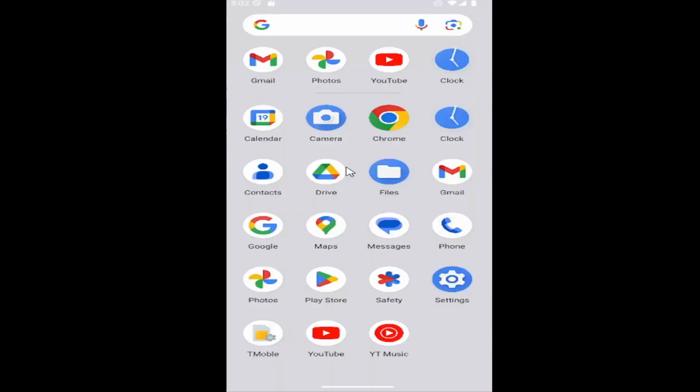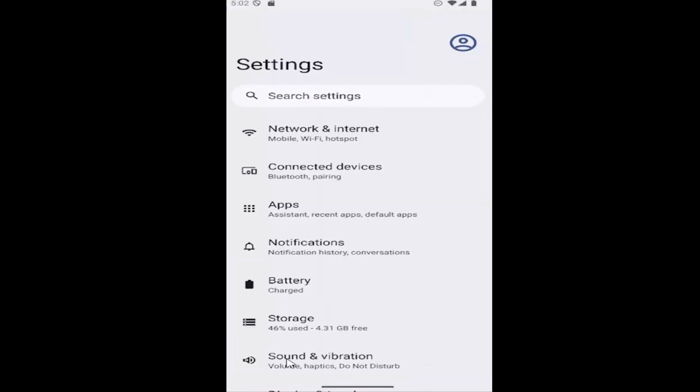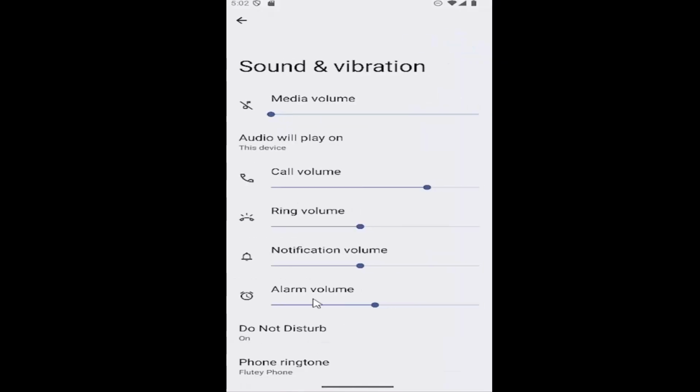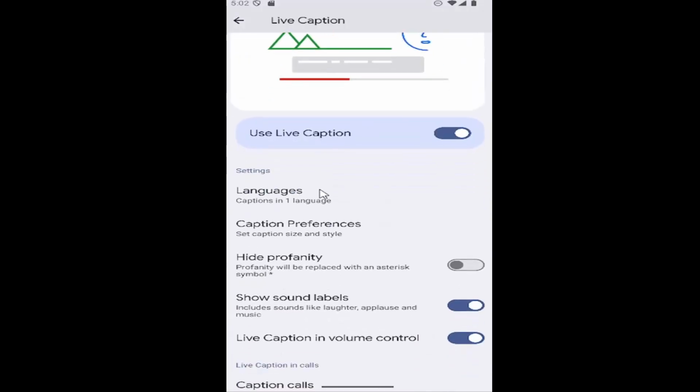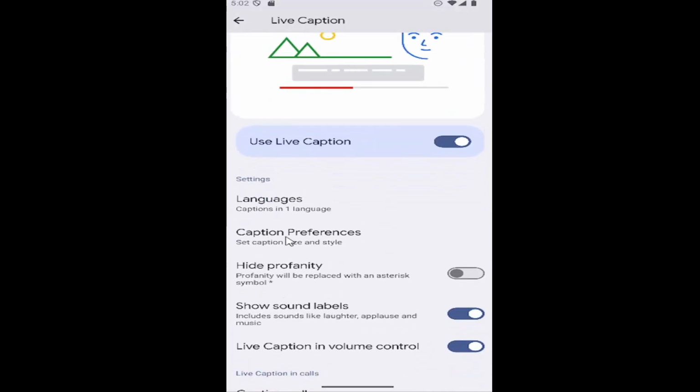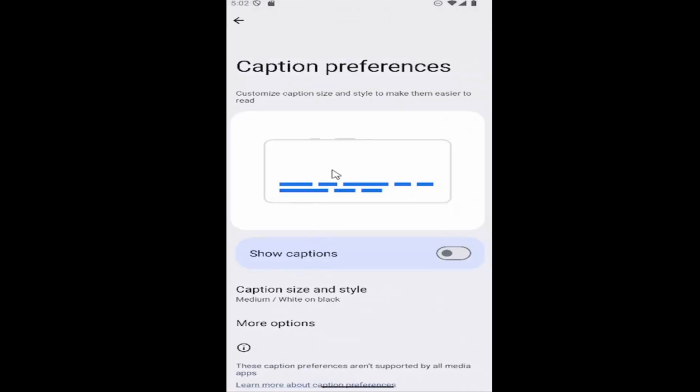So all you have to do is scroll up on your home screen and then select the setting gear button. And then you want to go down and select sound and vibration. And then scroll down underneath live caption and go ahead and open that up. At this point, scroll down again, and then under settings, select caption preferences, and then you can go ahead and